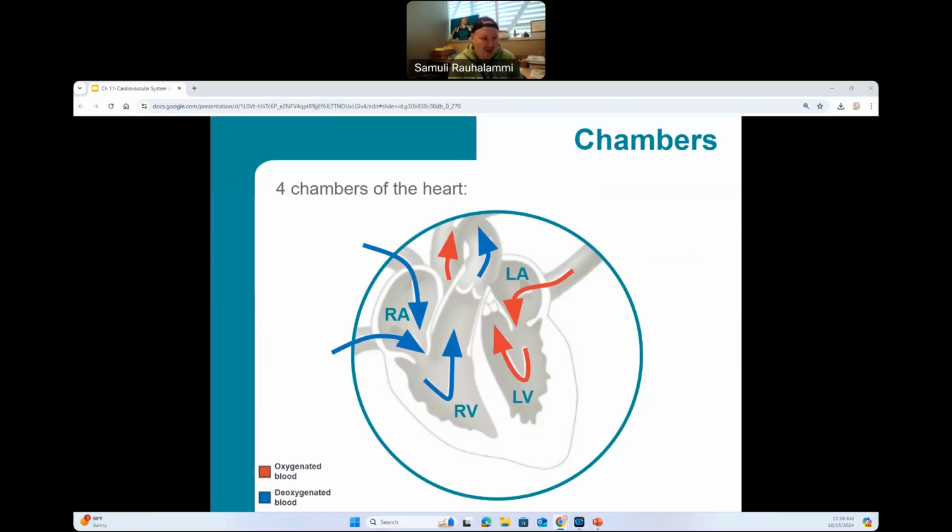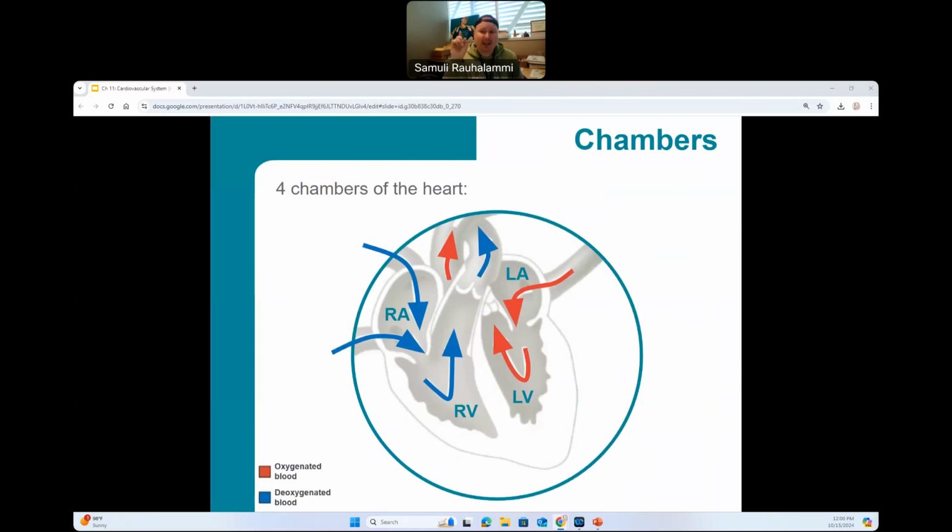Again, I encourage you to put pieces together as you're looking at this. On this diagram that's anatomically a little bit more accurate, you can see how the pulmonary trunk and aorta actually cross, and as a result, the diagram is not quite as clear as the box diagram, but that might explain those dotted lines that I was drawing. Now that we are familiar, and really what I want you to take away from this is the four chambers of the heart, the two atria and two ventricles, one on the right and one on the left-hand side for each. What I want to do now is to look at the walls of these chambers a little bit more,